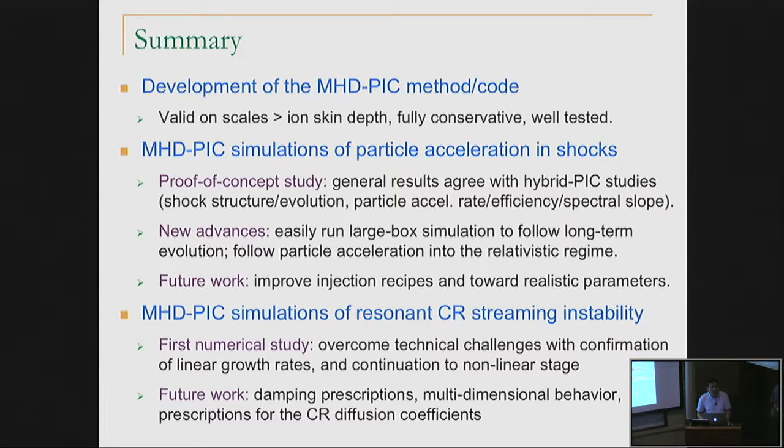Okay, thank you. We have time for one quick question. Okay. Can you use this new application to better resolve reconnection regions in global simulations? Mainly a matter